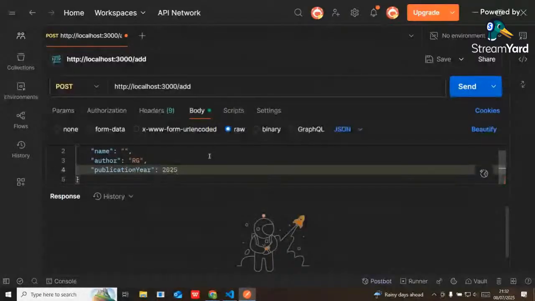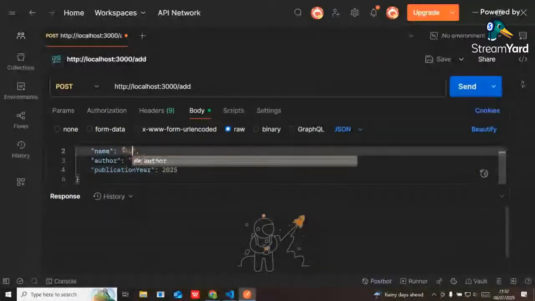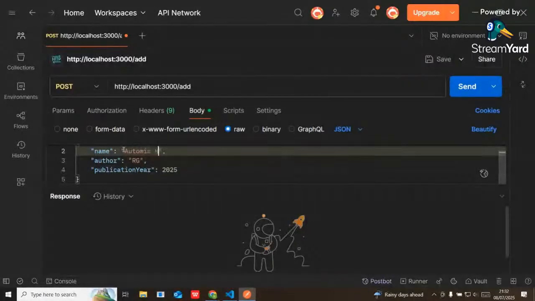Okay, let me add a name. Okay, Atomic Habits. Okay, nice, nice. Atomic Habits. So here you can see, guys, I'm going to create a book. And the book is not present, right? Because I have not added any data till now. So if I'm going to click the send button,